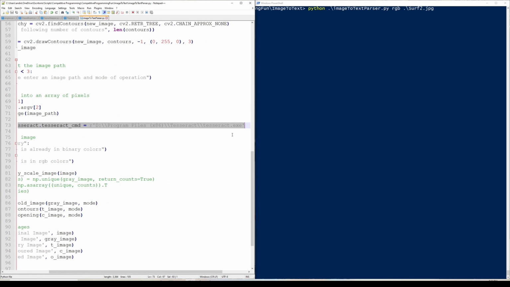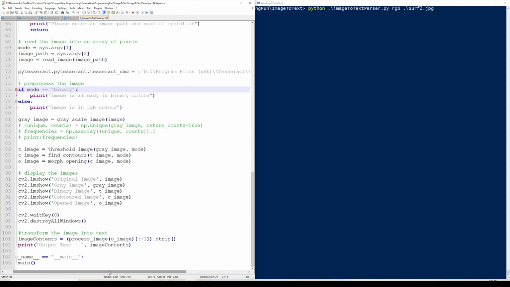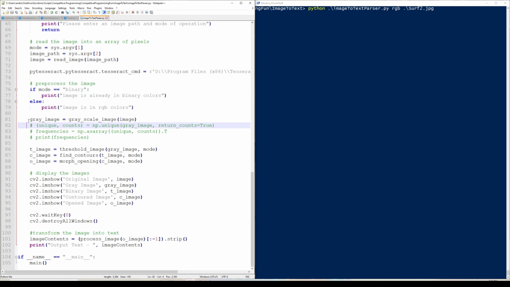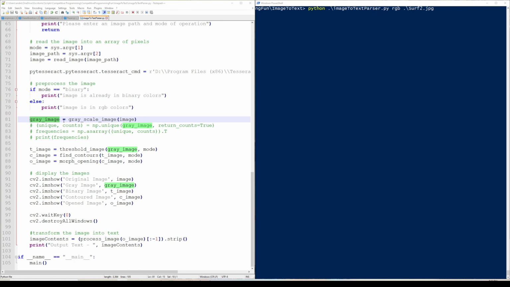This is the executable on my system, the exe, and then basically it goes through the sequence to turn our image into a gray image. So basically all the colors, right, are mapped into grayscale, and then we apply a threshold to turn